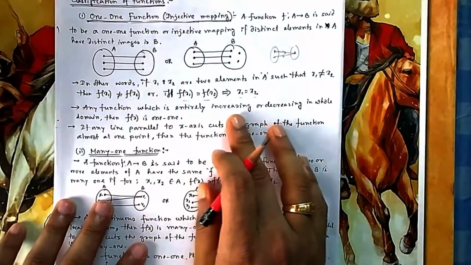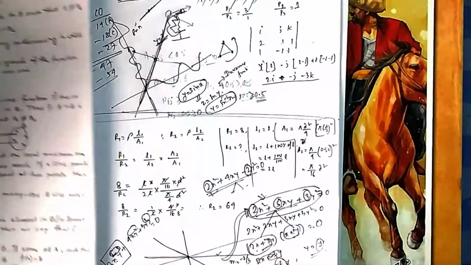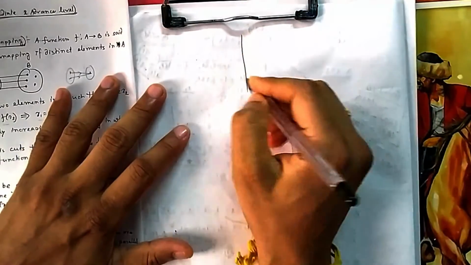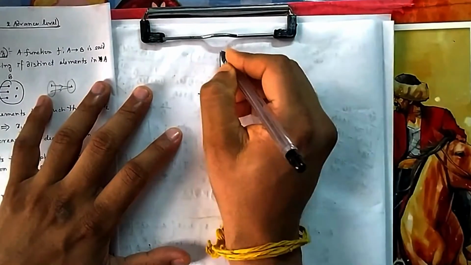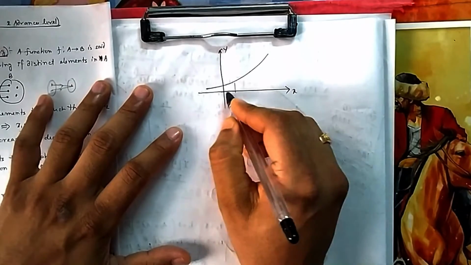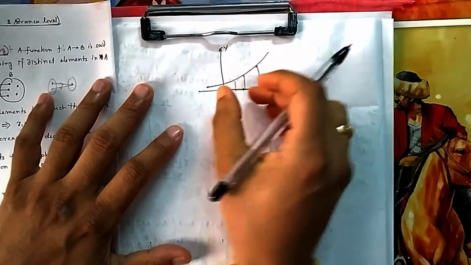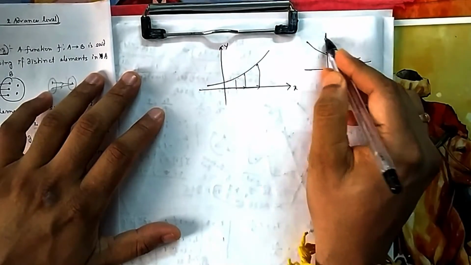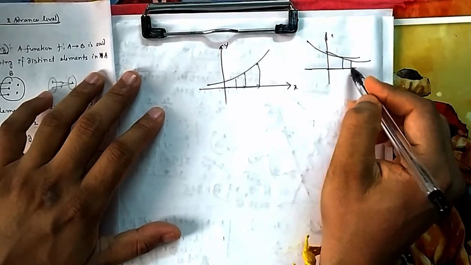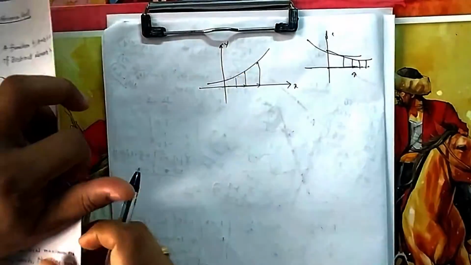Any function which is entirely increasing or decreasing is one-one. Now this one you will know when you learn differentiation, what is increasing and decreasing, how we calculate whether a function is strictly increasing or decreasing. That we will see later, but you see what we mean by strictly increasing. This is a function which is known as strictly increasing. Why? Because if you increase x, your y is continuously increasing. This is strictly decreasing because if you are increasing x, then your y is reducing. Every time you move, y is reduced. So this is strictly increasing, this is strictly decreasing.